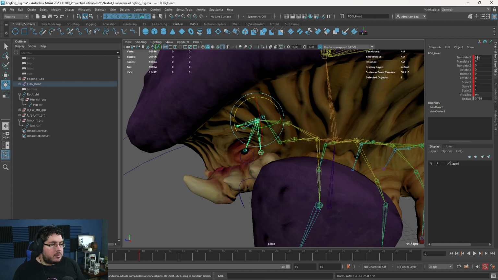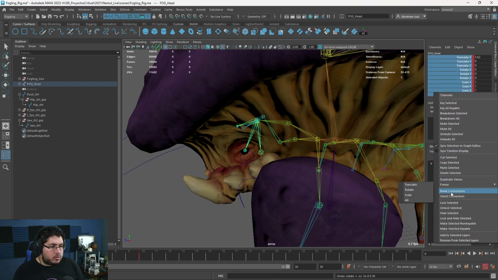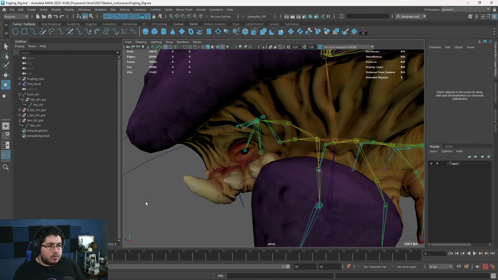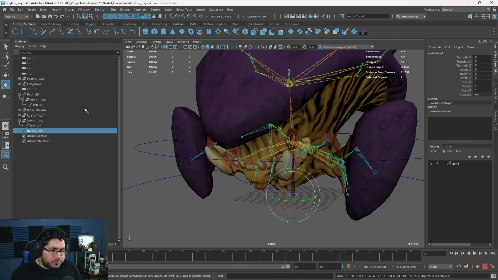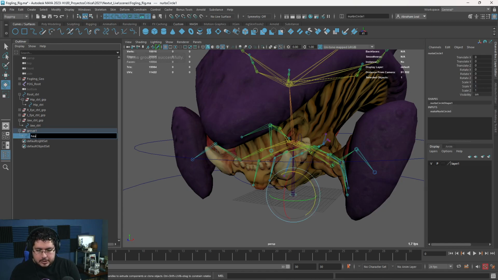Let's eliminate the keyframes here. So I'm just gonna select all of these things. You don't want any animations on your bones when doing this. Break connections, and there we go. So for that one, we're gonna do another curve. We're gonna group it again, and we're gonna call this head control. And of course, this one right here is going to be the head control group.